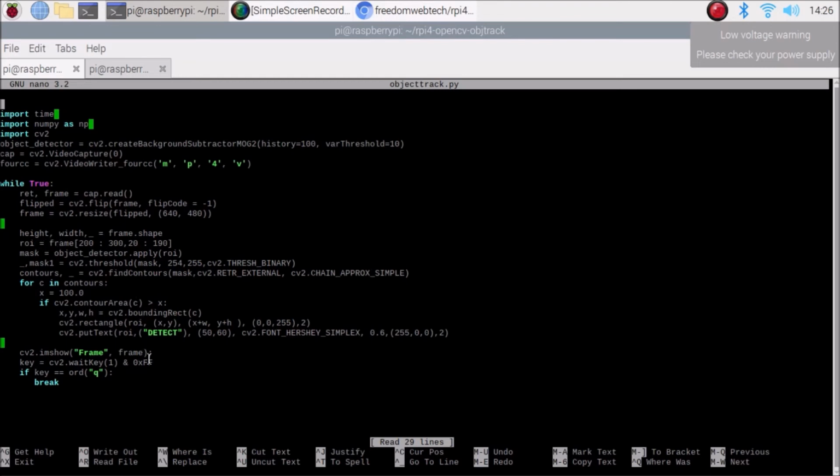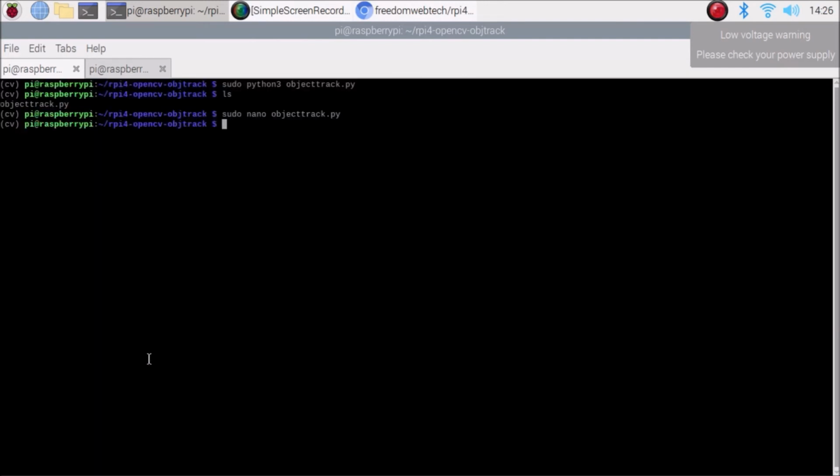So the main thing in this script, friends, is the region of interest. If I go here, cv2.imshow, and I want to show the ROI, meaning the region of interest area, then Control X, Y, enter, save. Now if I run the script, sudo python3 object track.py and hit enter.